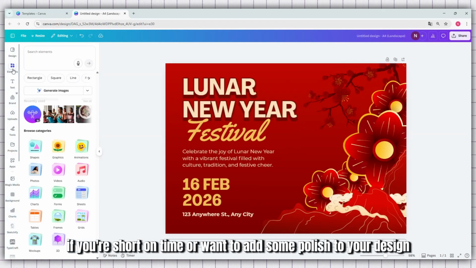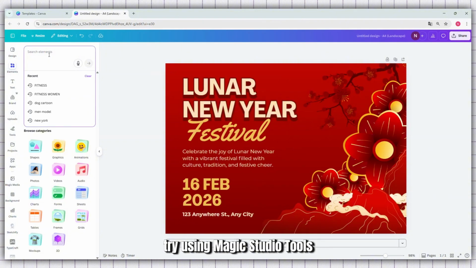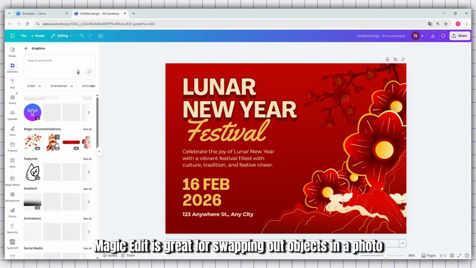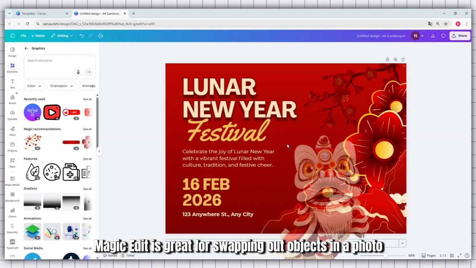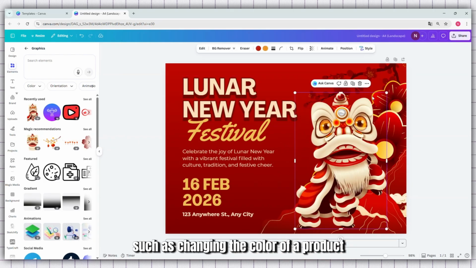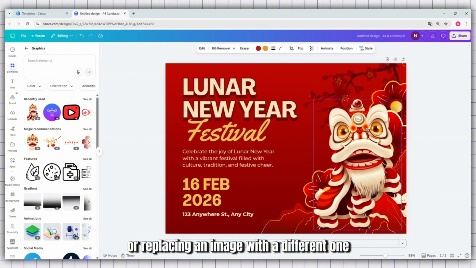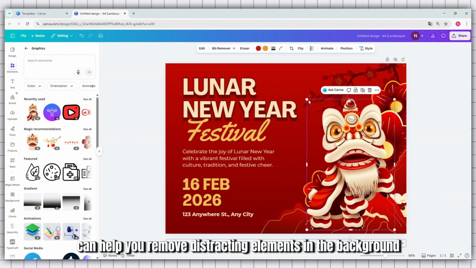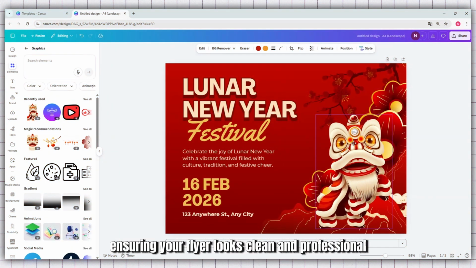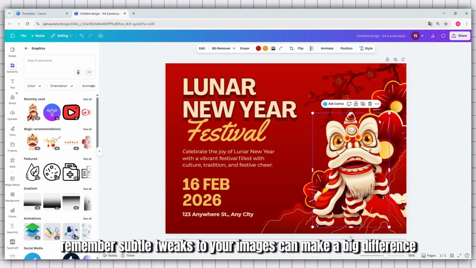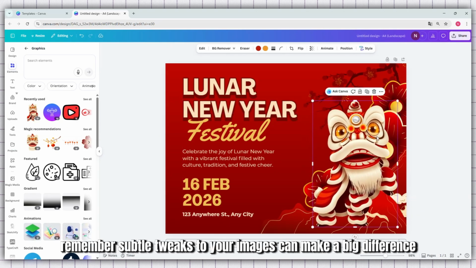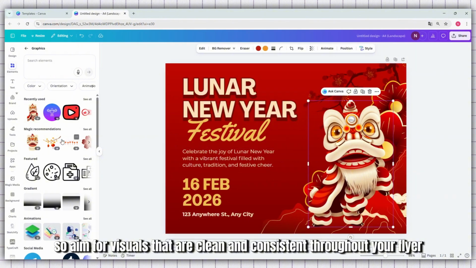If you're short on time or want to add some polish to your design, try using Magic Studio tools. Magic Edit is great for swapping out objects in a photo, such as changing the color of a product or replacing an image with a different one. Magic Eraser can help you remove distracting elements in the background, ensuring your flyer looks clean and professional. Remember, subtle tweaks to your images can make a big difference, so aim for visuals that are clean and consistent